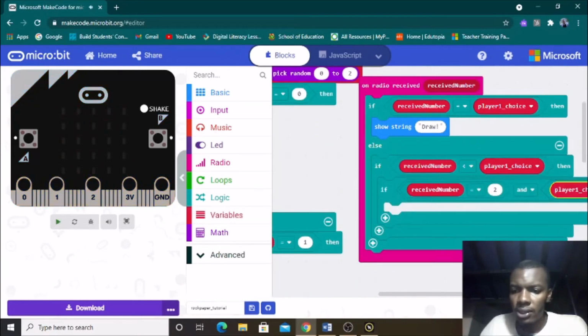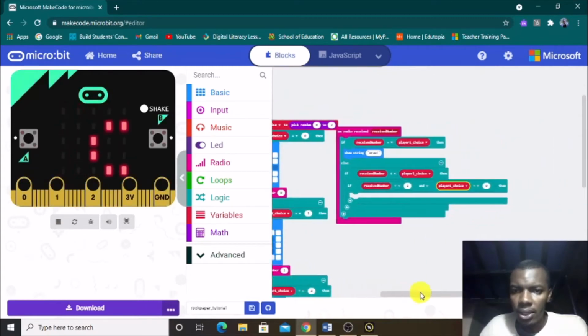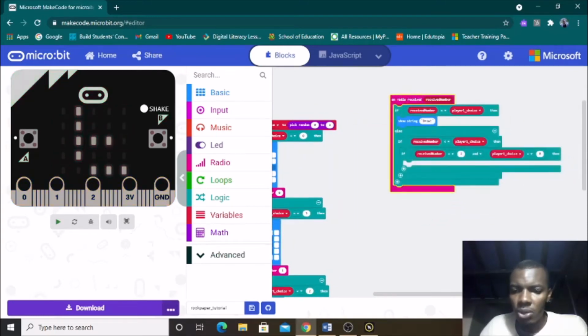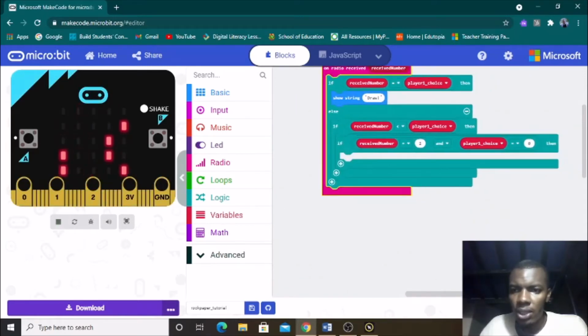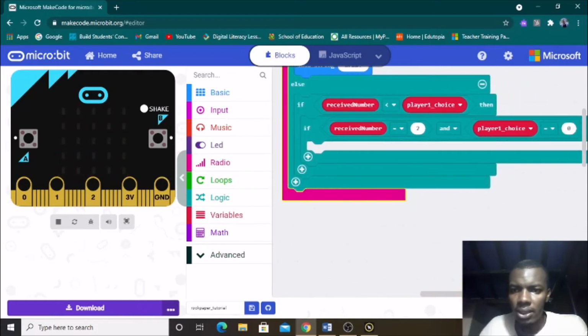So you'll notice that you won't have a good space, so you can zoom out so that you can be able to see your workspace. So player 1 is equals to 0. Once you do this, let me just zoom in a bit so that you guys can see what I'm doing. So once you have these two conditions, this is option 1, option 2, all these options,